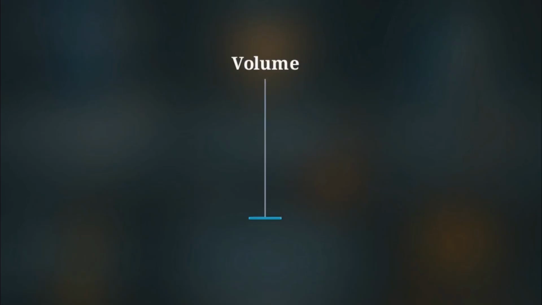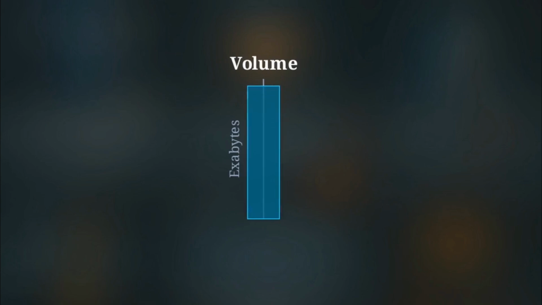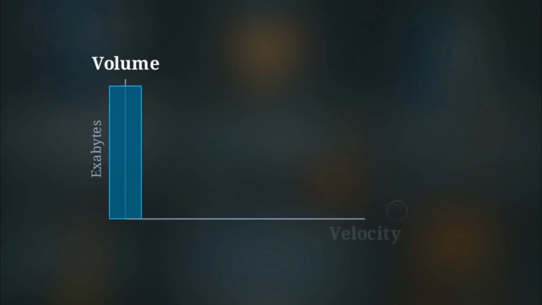This vertical bar chart represents our first challenge, volume. Platforms are pulling from exabytes, billions of gigabytes of accumulated history, like every single video ever uploaded to YouTube. But size alone doesn't explain the complexity. We also have to map velocity. Systems have to process live inputs in milliseconds, whether it's high-frequency stock trades or real-time traffic updates. Otherwise, the data is already obsolete.